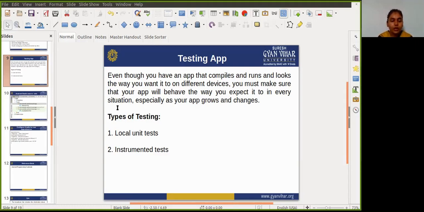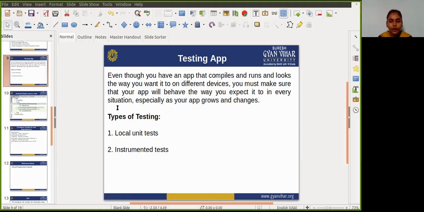As your app gets larger and more complex, with tests in your code you can exercise a small portion of your app in isolation, in an automated and repeatable manner.